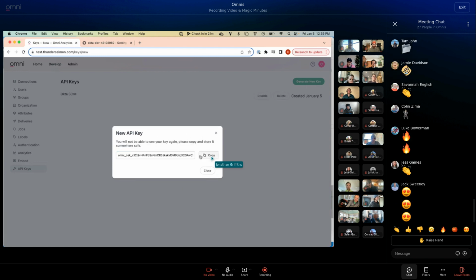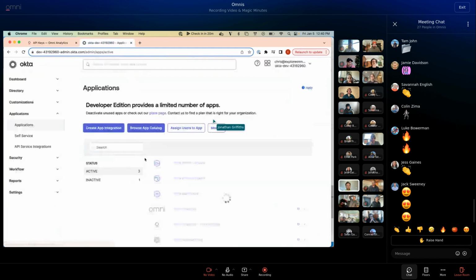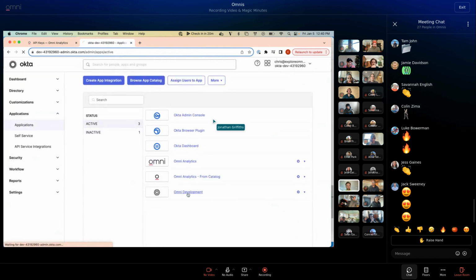generate it, get my API key. I'm only going to be able to see this once. I close that, go over to Okta, pull open my Omni application,